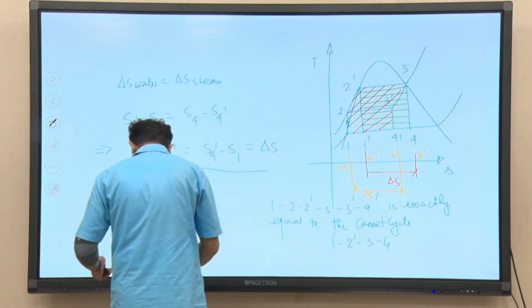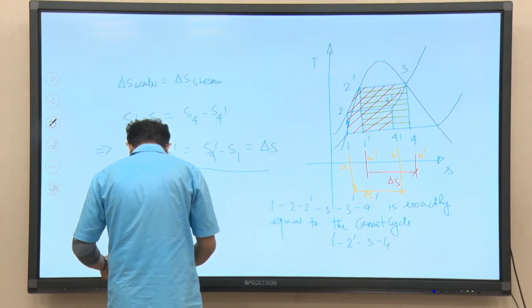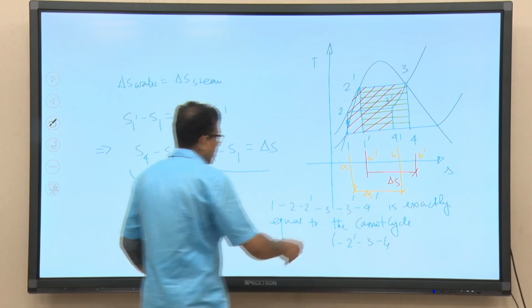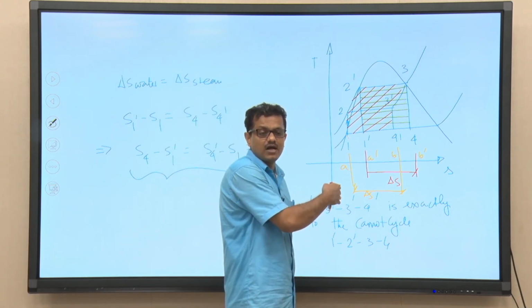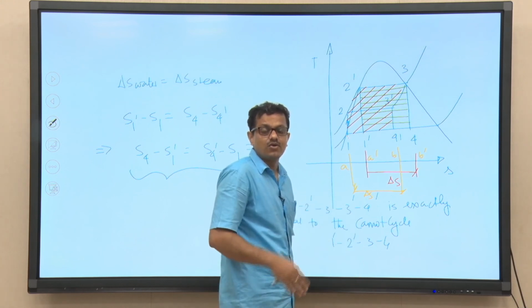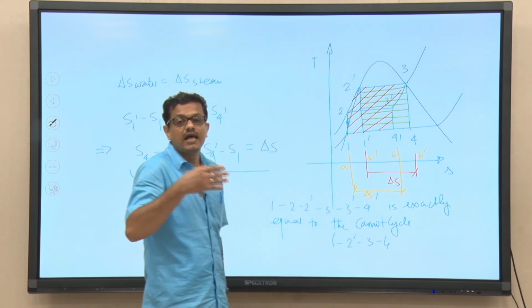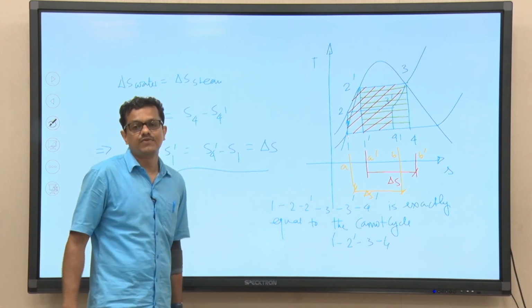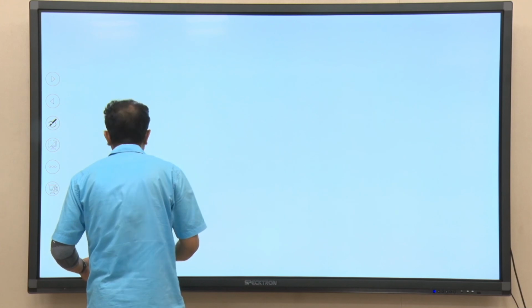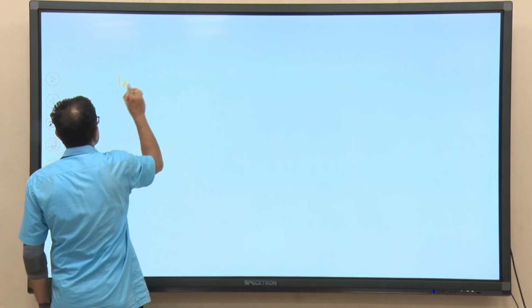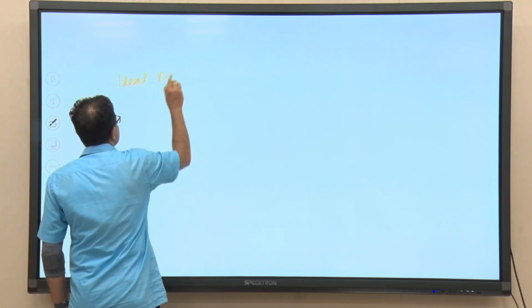So, let us do one analysis. Basically, why is this so? The efficiency of the ideal regenerative cycle will become closer to the ideal Carnot cycle. This is only possible because of the increase of the mean temperature of heat addition, right. And let us discuss this for the ideal regenerative cycle.